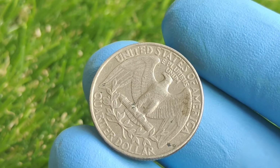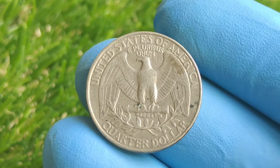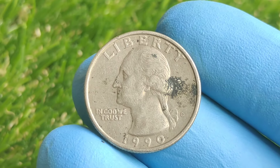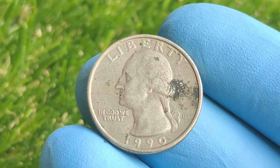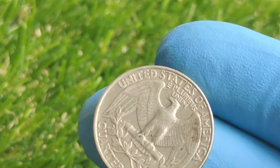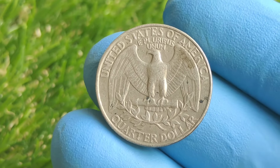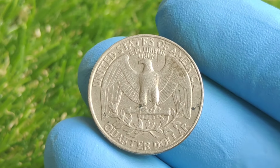But hidden within this massive production run are a few elusive and error-filled specimens that completely rewrite what we thought we knew about this coin and its place in the pantheon of rare United States currency. And at the core of this coin's unimaginable value are a combination of minting mistakes that, when found together on one specimen, make for a truly once-in-a-lifetime discovery, with collectors referring to it as a Frankenstein coin, a term used to describe a piece struck with such a chaotic blend of errors that it defies logical explanation and normal quality